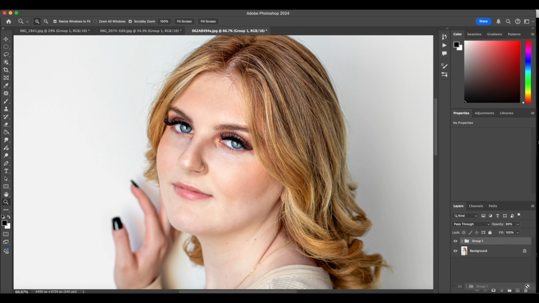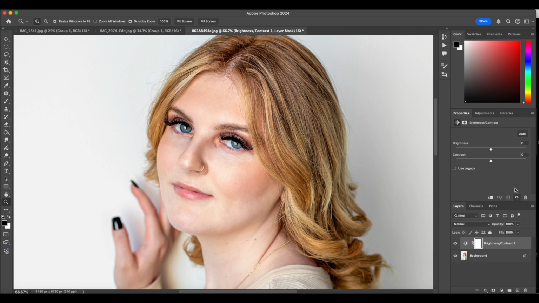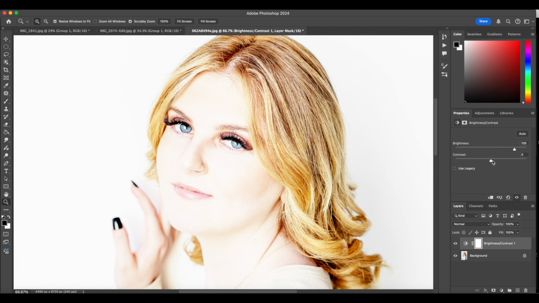So I'm just going to delete this and we can start again. So we're going to start by making a brightness contrast layer. We're going to bring the brightness up almost all the way, the contrast up about here, and then that looks far too intense. We're going to be inverting this. Command or Control I,